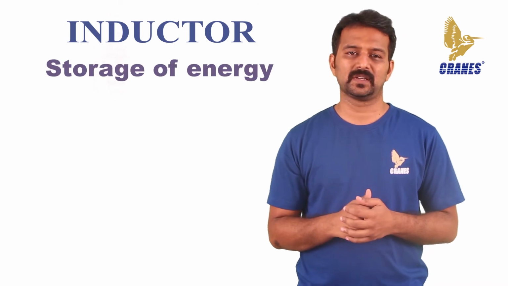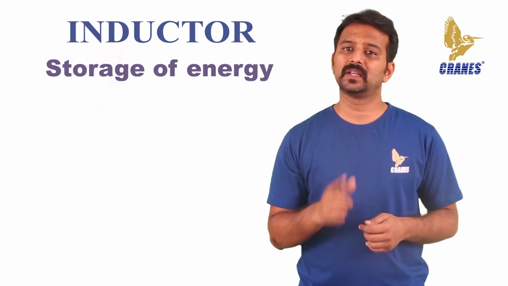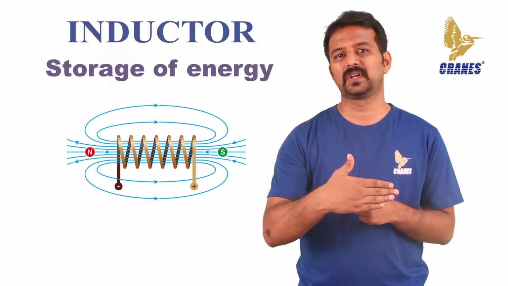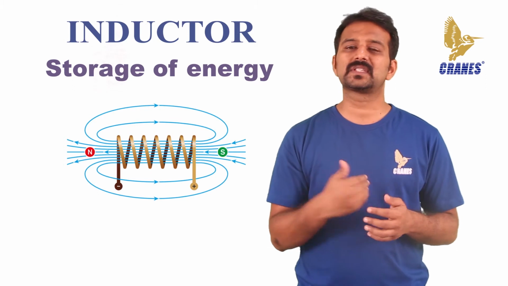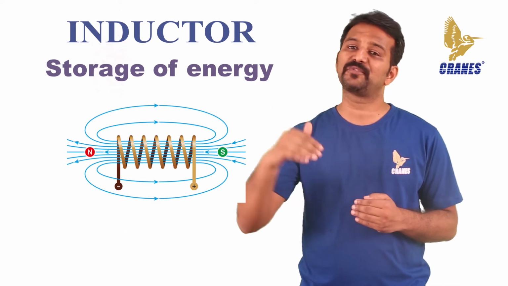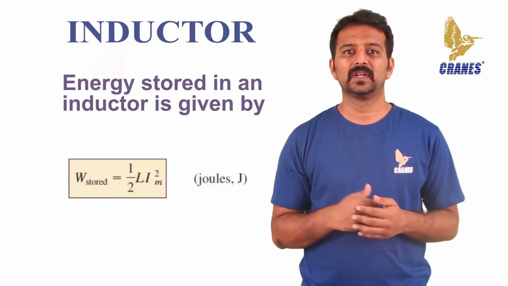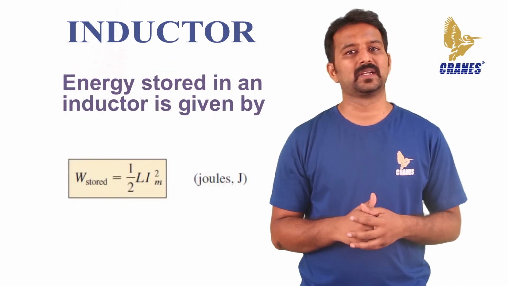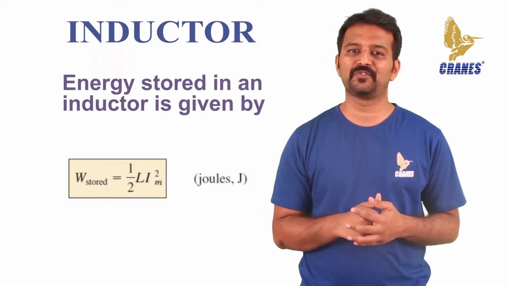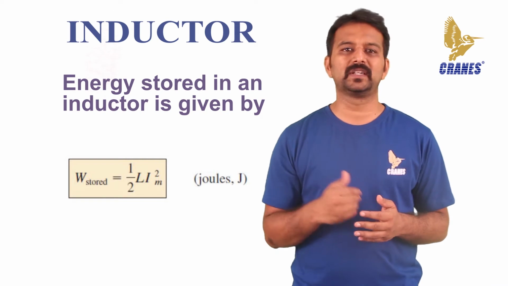The storage of energy. When it comes to the storage of energy, one of the basic properties of electromagnetism is that when current flows through an inductor, a magnetic field gets created perpendicular to the current flow. This keeps on building up. It gets stabilized at some point, which means that the field won't build up after that. When the current stops flowing, the magnetic field decreases. The magnetic energy gets turned into electrical energy. Hence, energy gets stored temporarily in the form of a magnetic field.